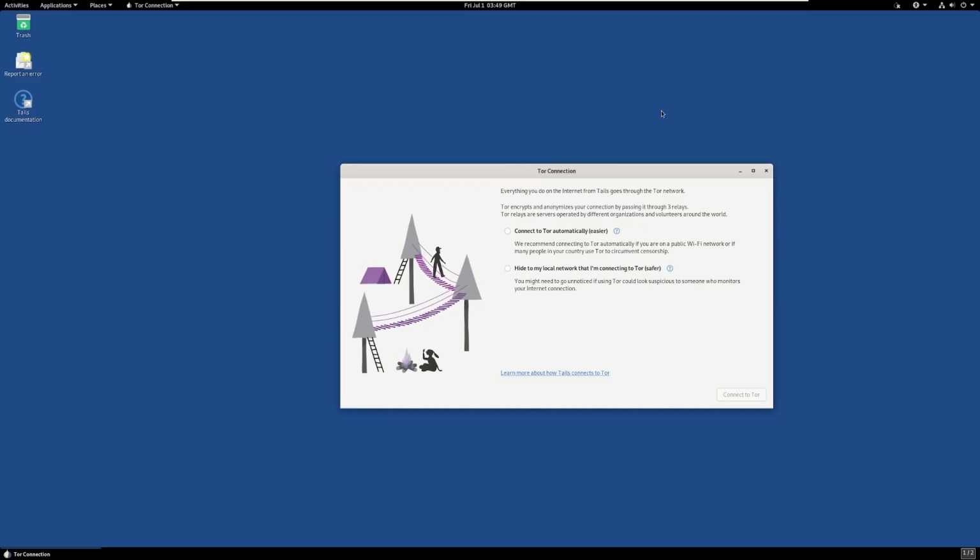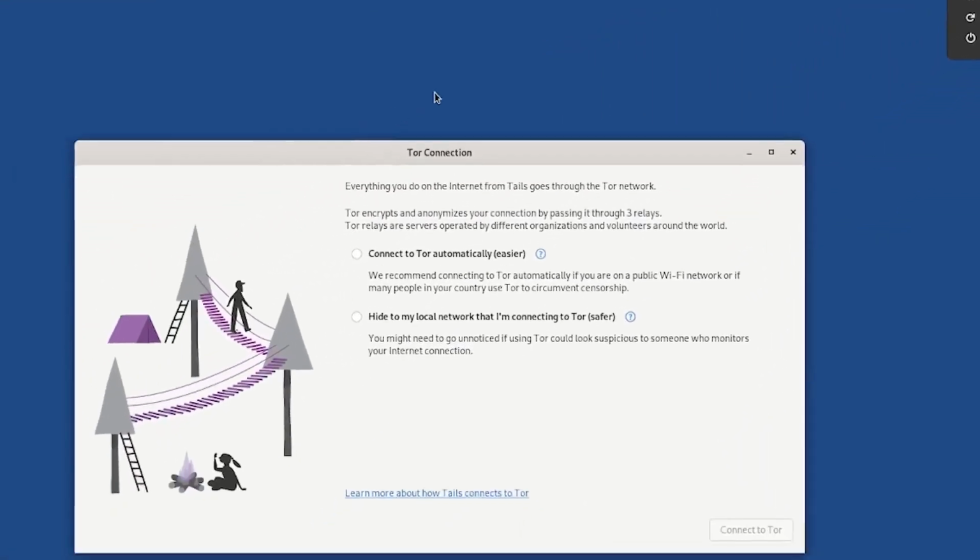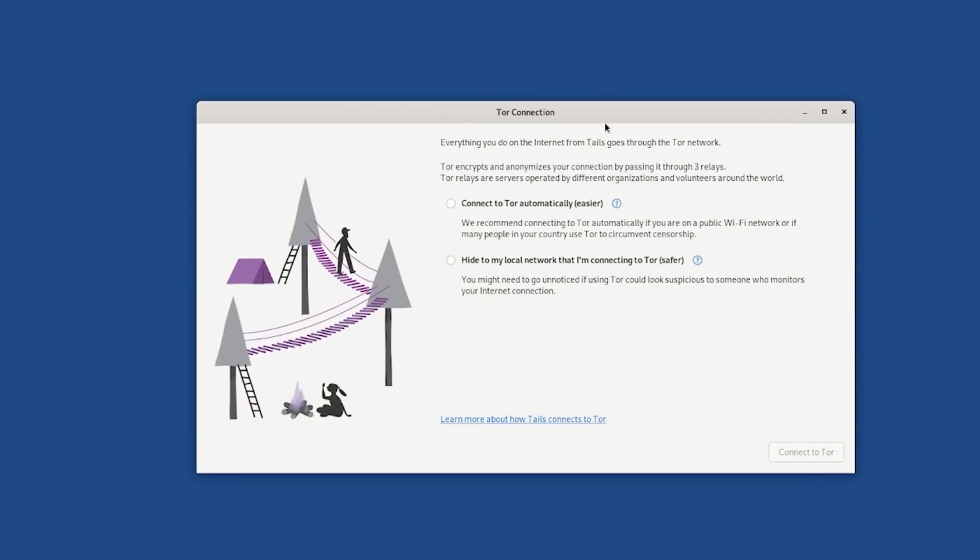So again, it is imperative to only use Tails on a USB drive. Now, in this situation, I have connected to the internet by plugging in an Ethernet cable, and you can see that up here. You can also go up here and choose a wireless connection if you do not have a wired connection. Connect there, and once you are connected to the internet, you can see here that a Tor connection